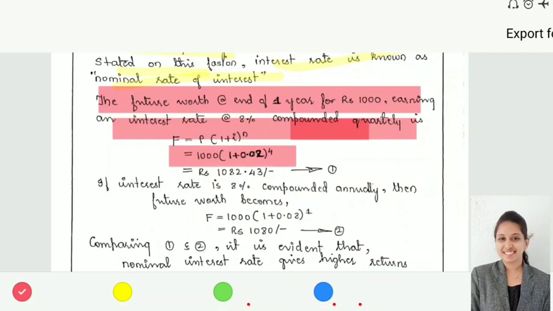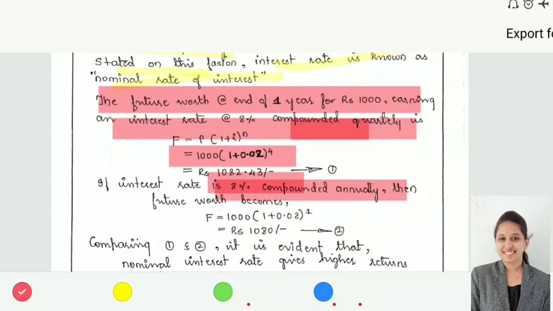Why 4? Because we have 4 quarters in a year. Thus this will be the amount that you are obtaining. And now understand this case: if the interest rate is 8% compounded annually, in here